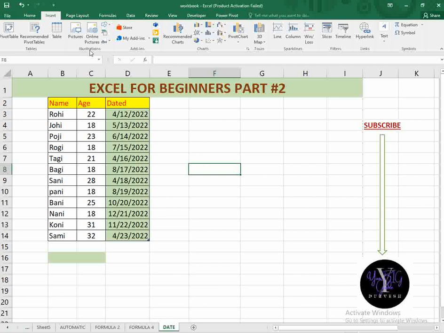First one, we have tables, then illustrations, add-ins, charts, sparklines, filters, links, and symbols. We'll go through all of them one by one. Some of them I'll be skipping because those are for advanced level, so we'll talk only about the beginner ones this time. Okay, so first of all, pivot table. Usually people will say it's for advanced, but we'll just have a look at how it works